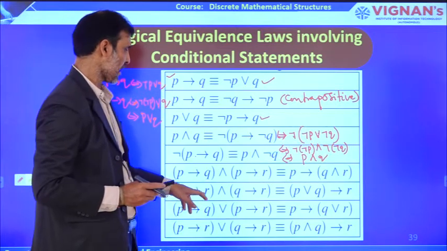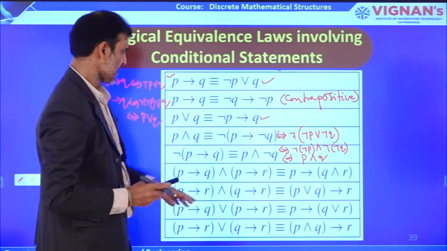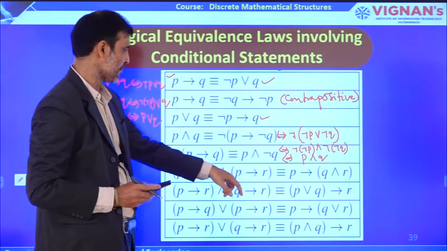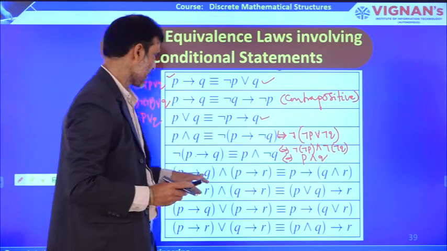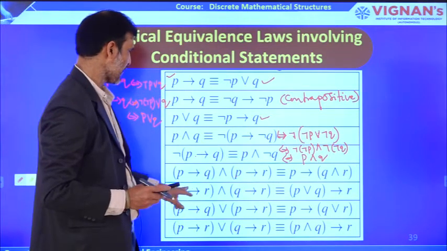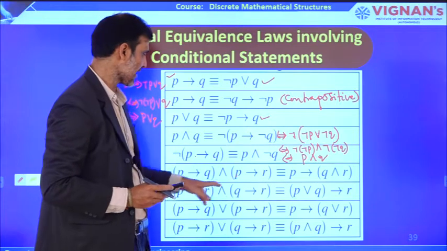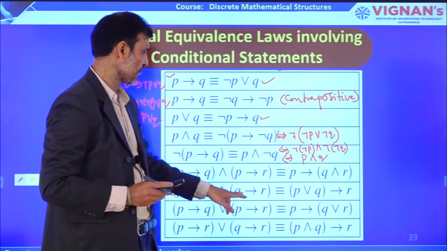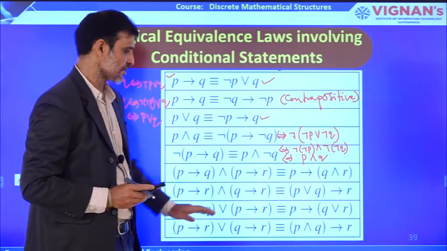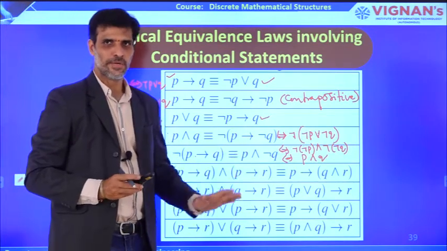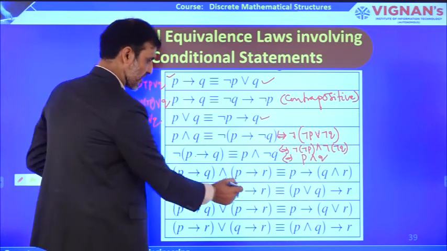P implies R and Q implies R. The difference here: P implies Q, P implies R. So P is the same, so P implies Q and R. Here P implies R, Q implies R are the same, so you'll get (P or Q) implies R. So to prove all this, you just go through the truth table and construct the truth table for this